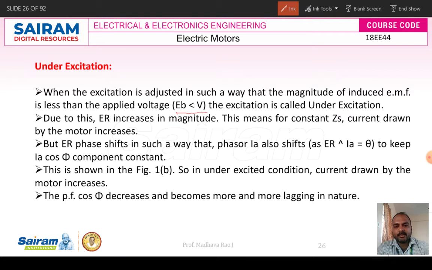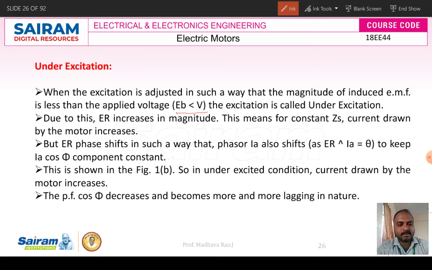Okay. So, due to under excitation, ER is increased and synchronous impedance ZS will be constant, and current drawn from the supply will increase. According to Ohm's law, we can write I is equal to V by R, where V is supply voltage, R is resistance. Here ZS is constant. So, ER is increasing in this case, then current flowing through these conductors will be increased. But ER is phase shifted